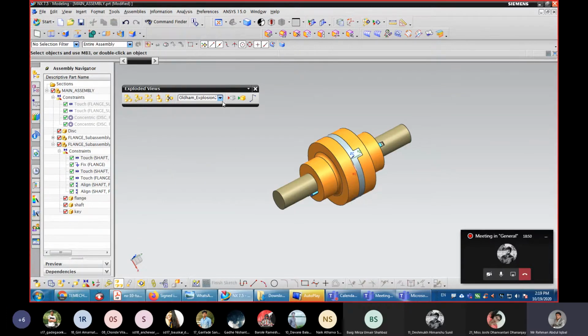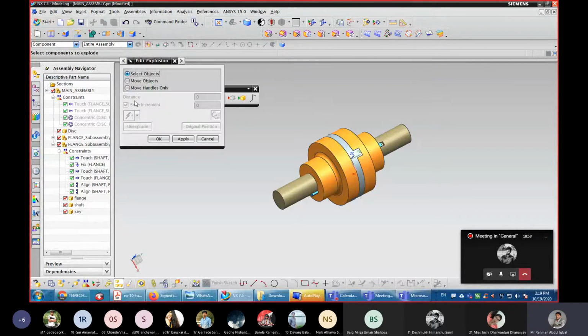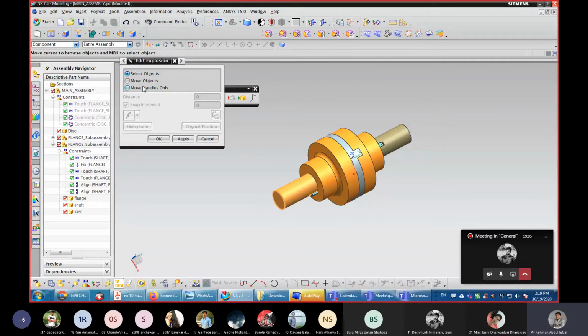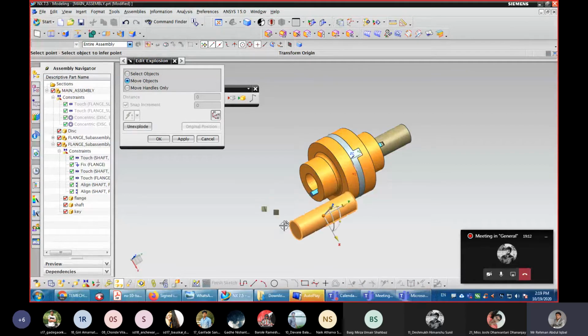Okay, and in Oldham explosion 2 we will edit, select this object, shaft, move, say in x. We have moved it in x.